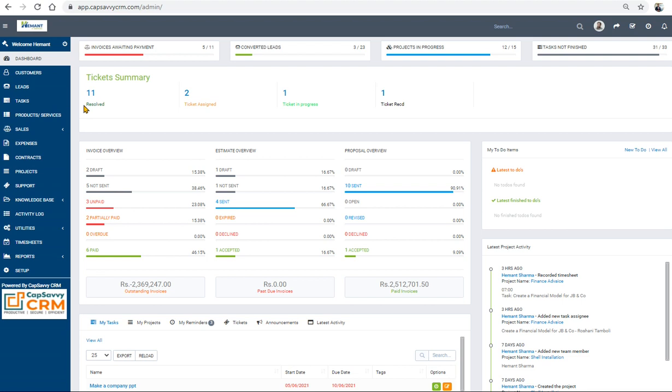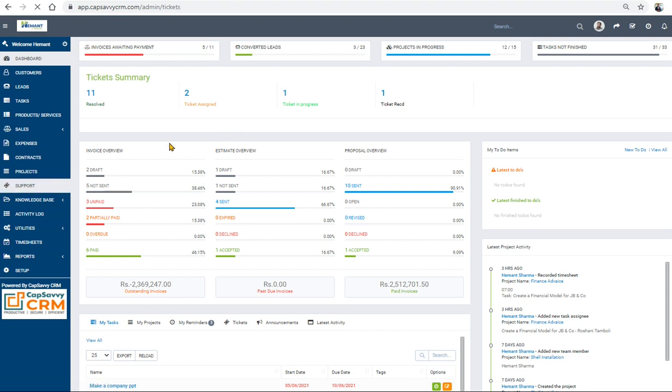Now what is the meaning of ticket, and how does it help in business working, we'll see that. It is covered in support. Support function means ticket. The actual meaning of ticket is when you are selling any product or providing any services to your customers, they expect the product and services to be good, and there are chances that they may not be happy with your services or products. In that case, they will call you and raise their concerns to your team member or to you, or they will log a complaint about the product not functioning. Those kinds of things are called the support function or the ticket function.